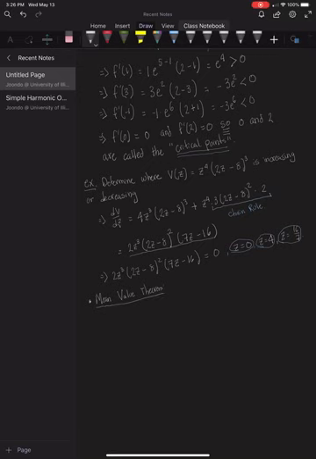The mean value theorem states that if f is continuous on the closed interval a and b, right, if it's closed, and differentiable on the open interval a and b, right,